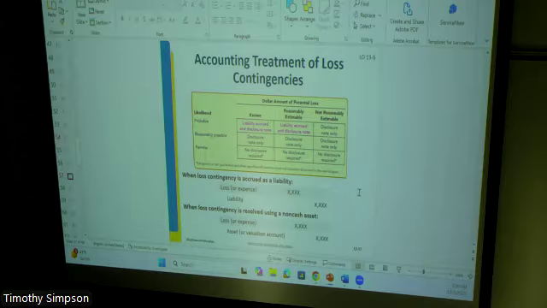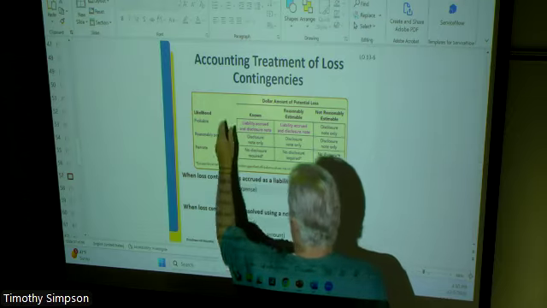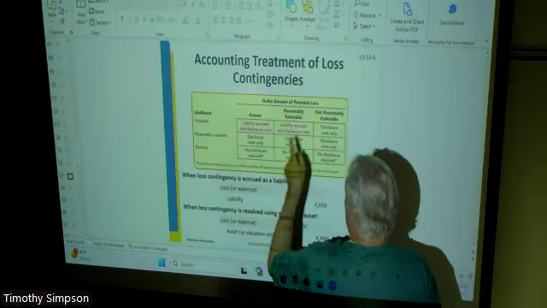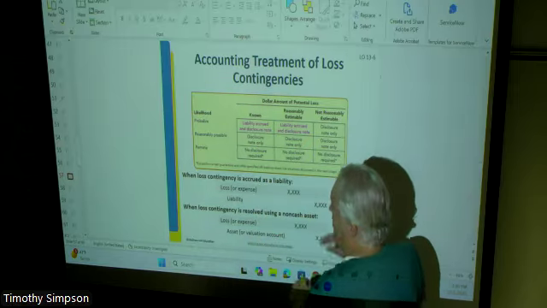This very same sort of matrix here that you want to look at. First of all, remote means... And so let's just take this as a 2x2 matrix. And so what have we got going on here, right? Or a 3x3, I guess we should say. We've got likely, it's probable, reasonably possible, remote, and then the dollar figure of the loss to be